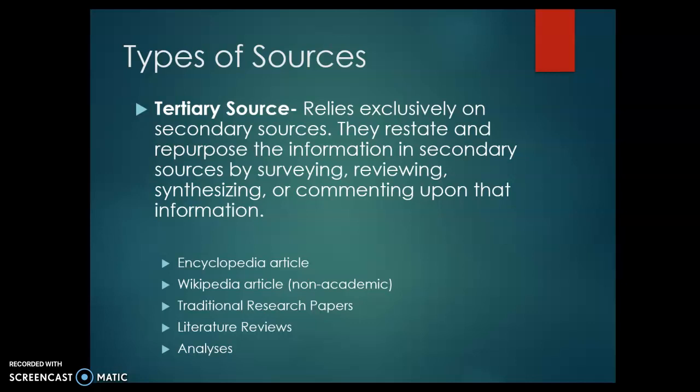Seeing where the academic conversation is regarding a phenomenon by looking at how someone else has analyzed a primary source in some kind of way. It's usually a mixture, and academic research papers will also dip into and refer to the primary source. And so really what you're looking at is a mixture of source levels at the tertiary level. Tertiary meaning third level. Primary first, secondary clearly second, tertiary third. So research papers are going to rely mostly on those secondary sources where other academics, other professionals in the field have already looked at primary sources and repurposed them in some kind of way using their expertise in their fields of which they are professionals.